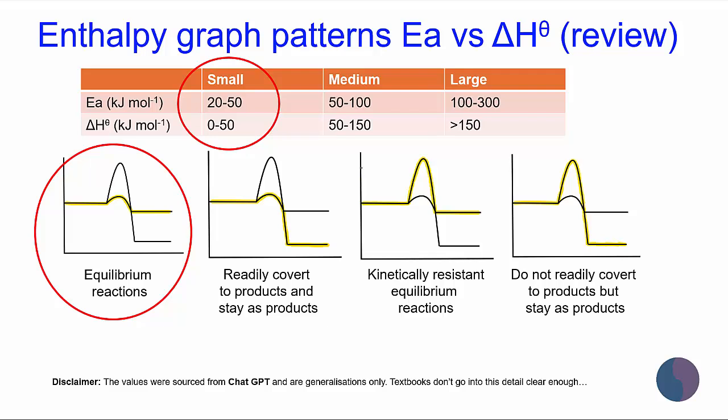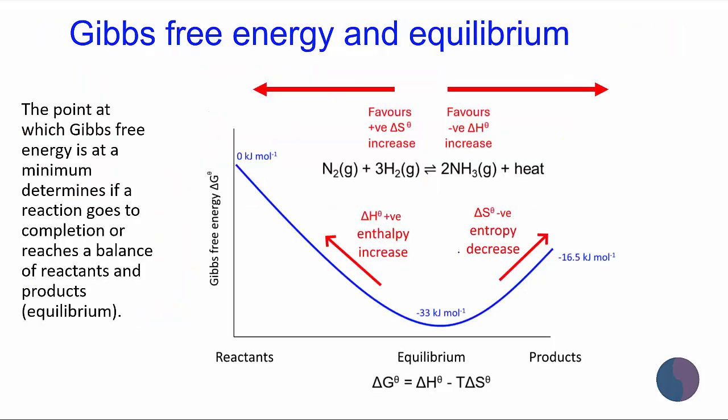Now, we already talked in energetics when we only looked at activation energy and enthalpy, and we came up with some numbers that generally 100, maybe less than 100 kilojoules per mole, is considered small for enthalpy and activation energy that leads to equilibrium reactions. Now that we've done this,